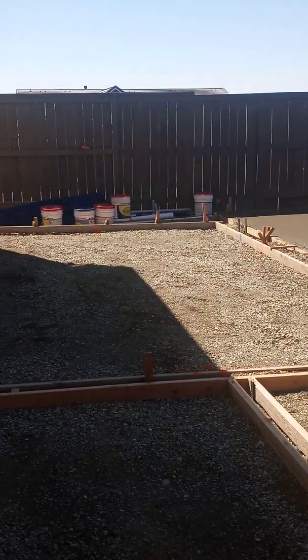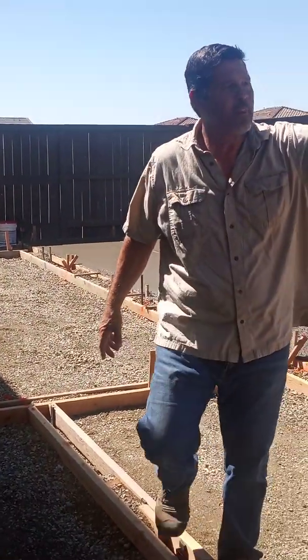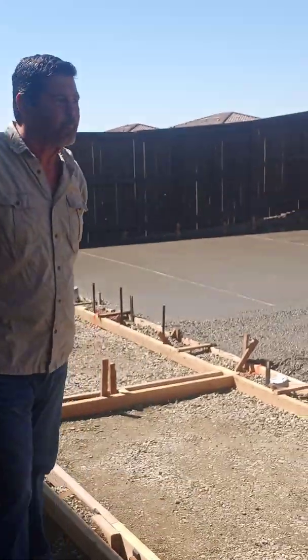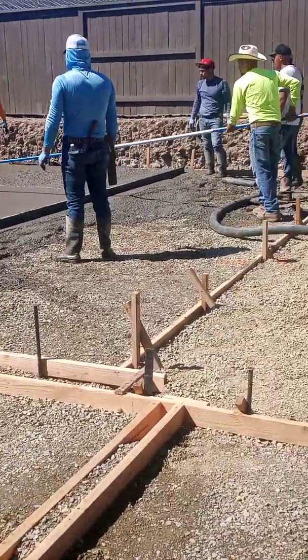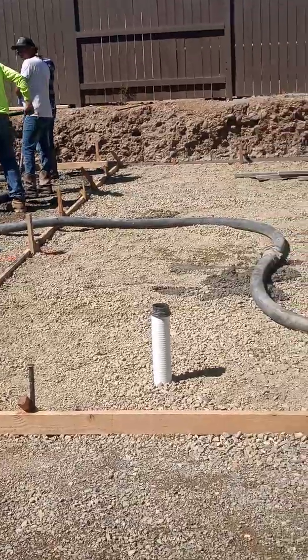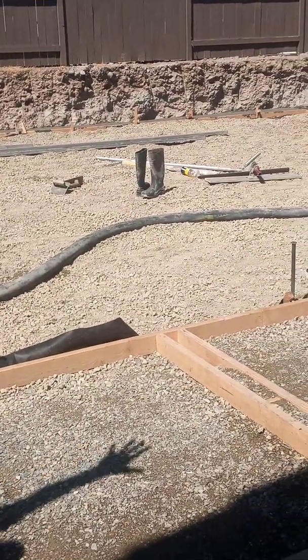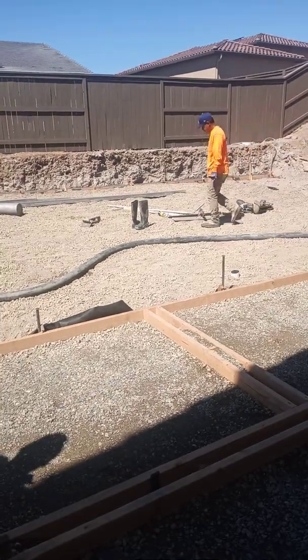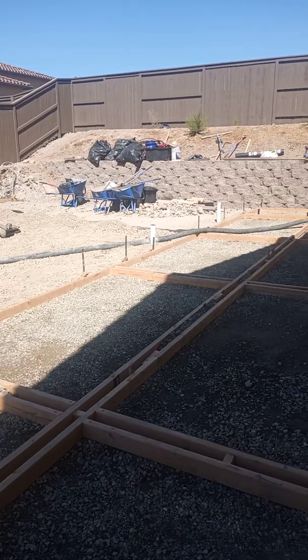We're just getting ready to start. There's a retaining wall that goes along in the back next week. We're probably a couple weeks from finishing this project, and we got synthetic turf out in the center, and it's going to be a nice, clean, modern-looking landscape